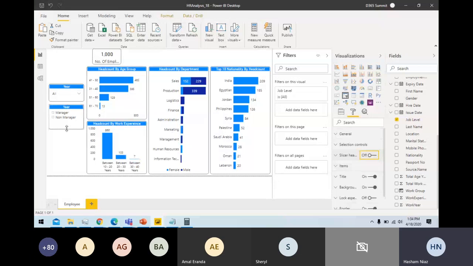Okay, if you want this to be a single select, you can make it a single select or a multi select. You can change it from here as well. Okay, so let's adjust the title here as well. So the title here is,